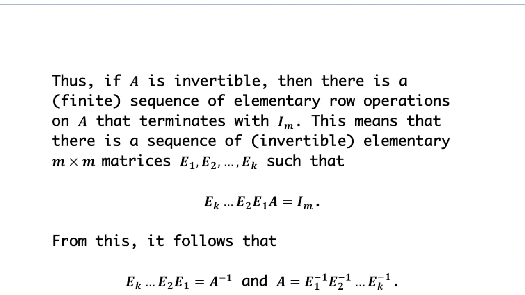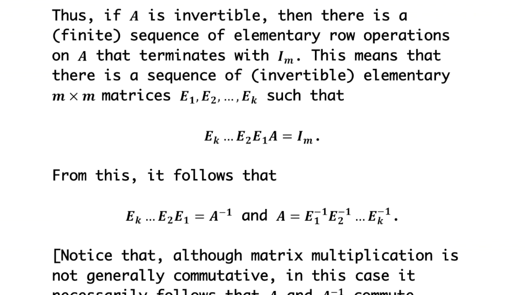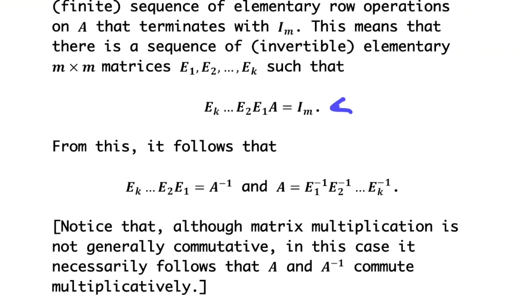This means that there is a sequence of elementary m by m matrices, E1 through Ek, such that if I multiply consecutively by those matrices on the left, such as you see here, I will finally end up with I. Note about invertibility: remember from the previous video we showed that every elementary matrix is in fact invertible. From this equation right here, it follows that Ek multiplied through to E1 in the appropriate order is actually A inverse,